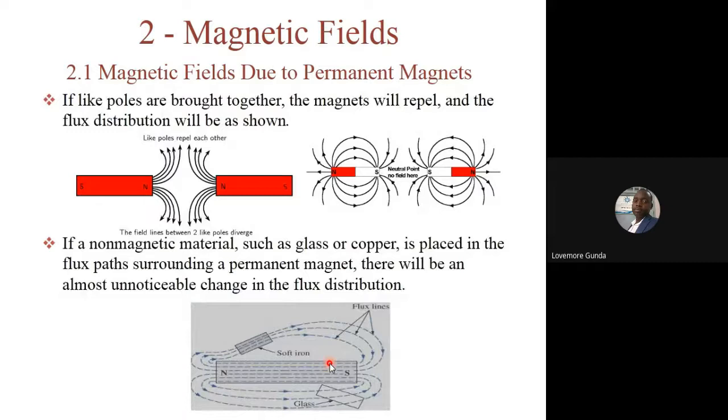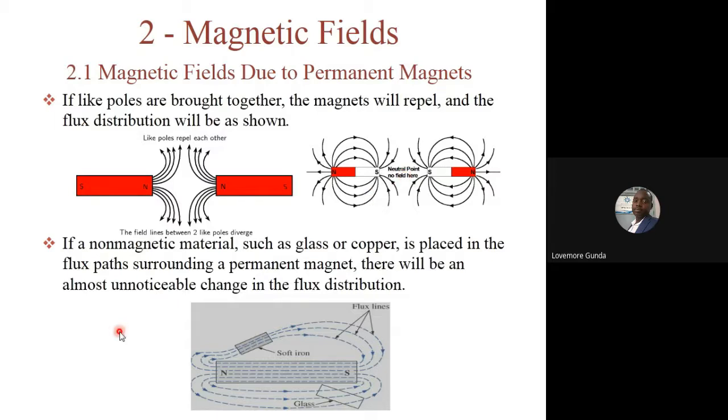If you put like poles, then the magnetic field flux lines, if they come towards each other, they will repel each other, right? Then if they are in the same direction, they even enforce more repulsion. So you see that they create almost like a neutral zone between the magnets, right? In this case, we have south to south. The lines are radiated into the magnet, and we have a neutral point